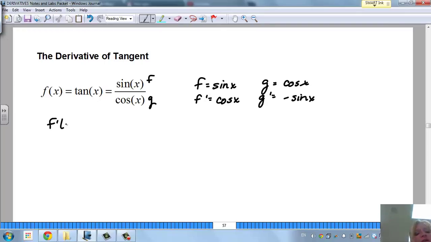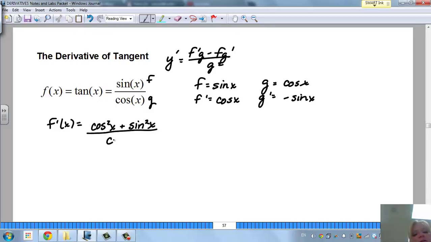So f prime of x is going to be f prime g, because remember again the quotient rule is f prime g minus f g prime all over g squared. So I have f prime g, so that's cosine squared x, minus f g prime, so that turns to a positive sine squared x, all over